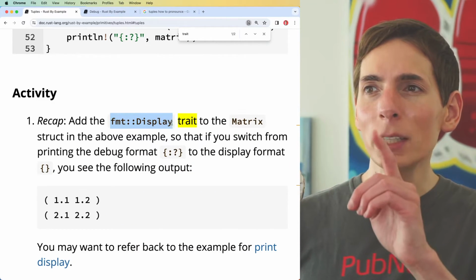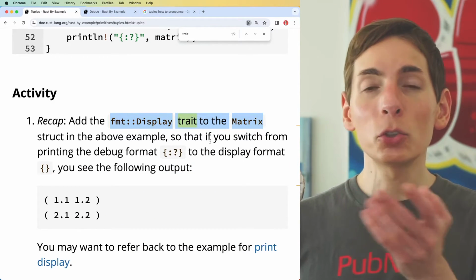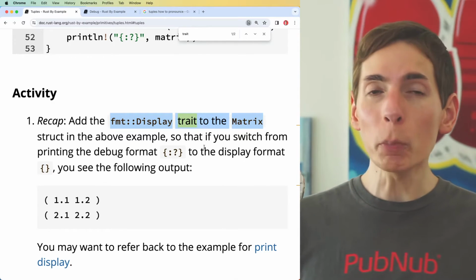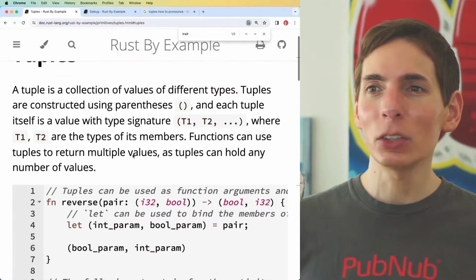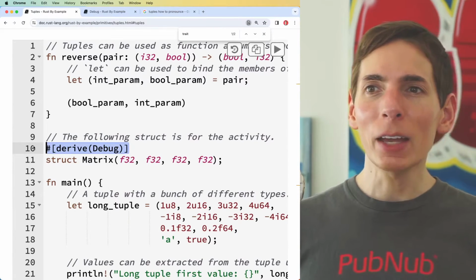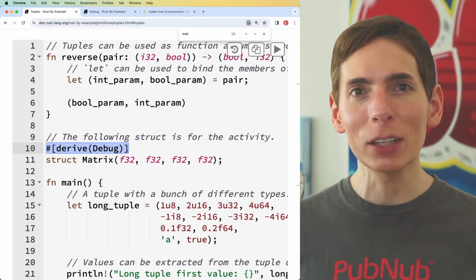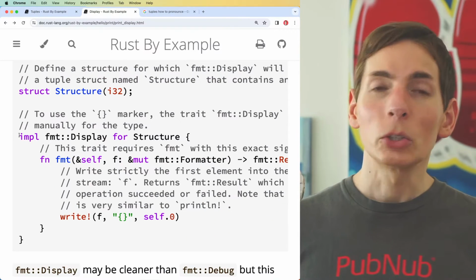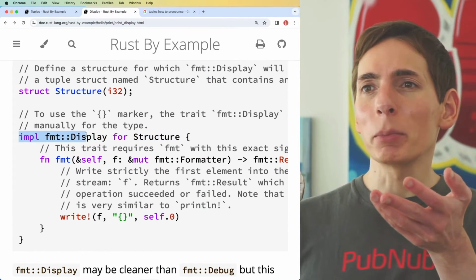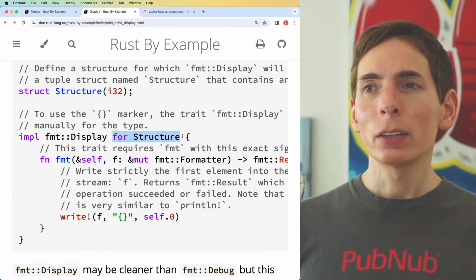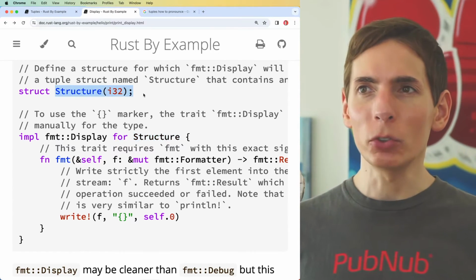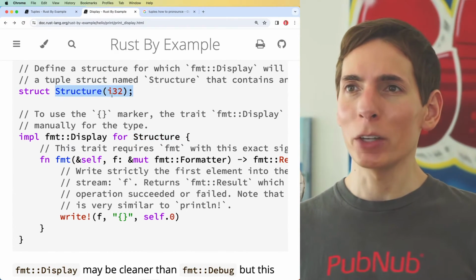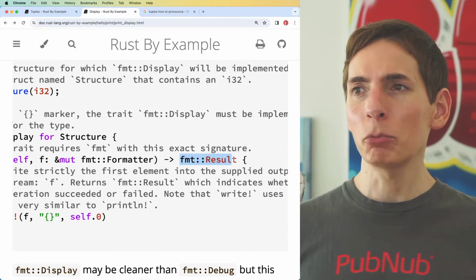It's the fmt Display trait. You can add this into a struct. The struct can be a tuple, like our matrix struct here. We've defined it. Even if you add this trait to it, it's not gonna go beyond 12. You need to define it yourself. You'd use this pattern here, implement format display for our matrix. In this example, it's using a struct tuple with an element of 1, and you would return a format result,